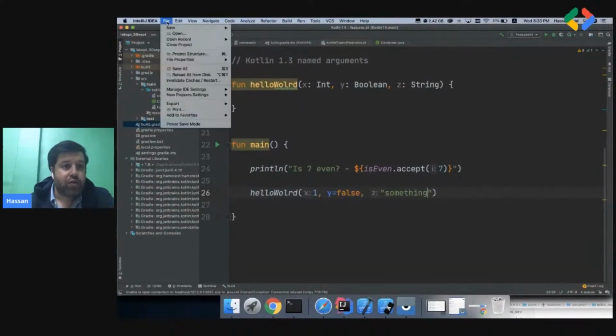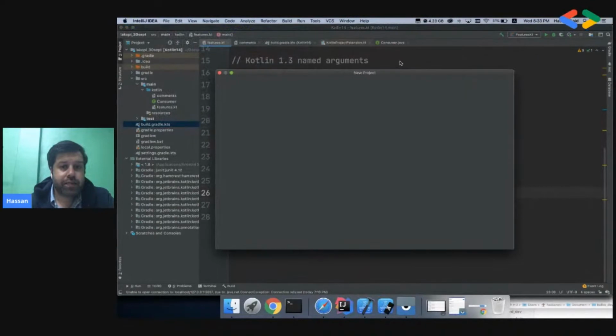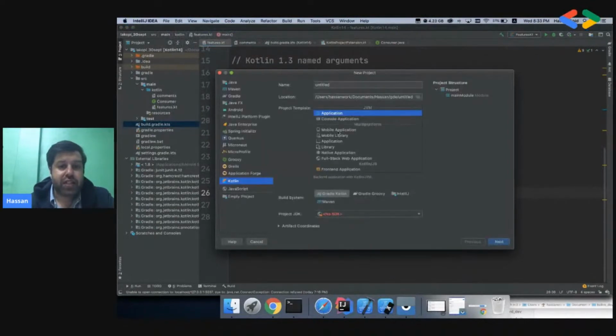Okay, so I go to project, and you can see I can choose JVM application, which is mostly the server-side application. Then I have the multi-platform. I have mobile application, mobile library, then just an application, which is just a Kotlin application. Then I have library, just a library. And you see the targets are on the right side. You can configure those targets. And I have native application, which is just used for making iOS apps. And then you also have full stack web development.